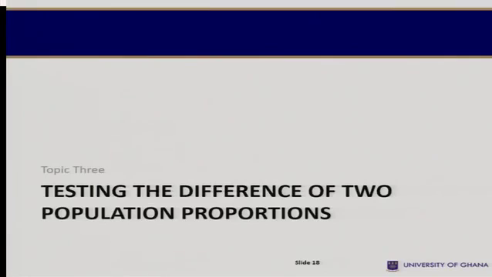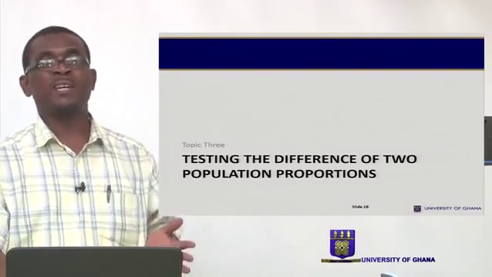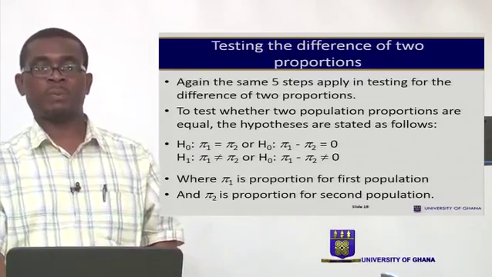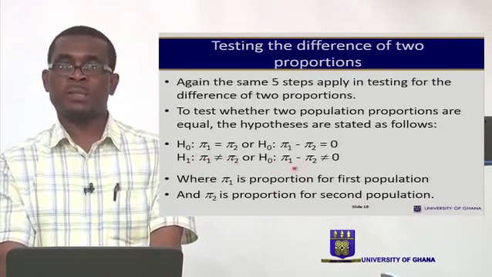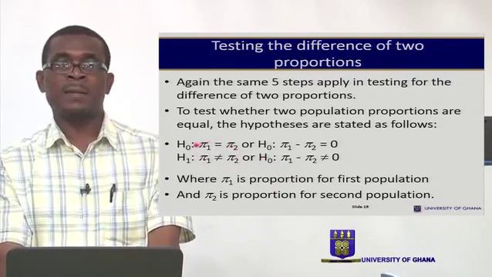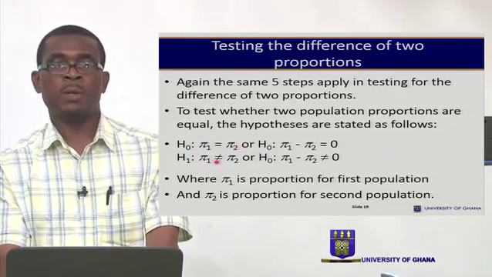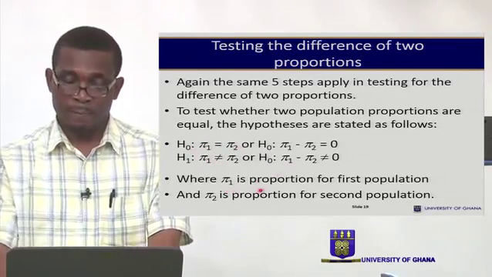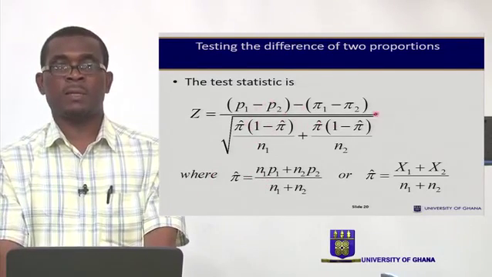Now let's move on to look at testing the difference of two populations. Again, we are applying the same principles. What is important is to know how the hypotheses are stated. And this is how you state the null and then the alternative. And then this is your test statistic. That's the formula,